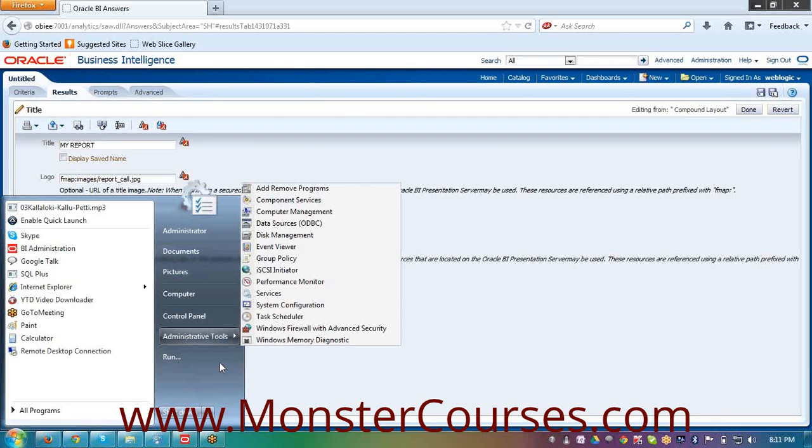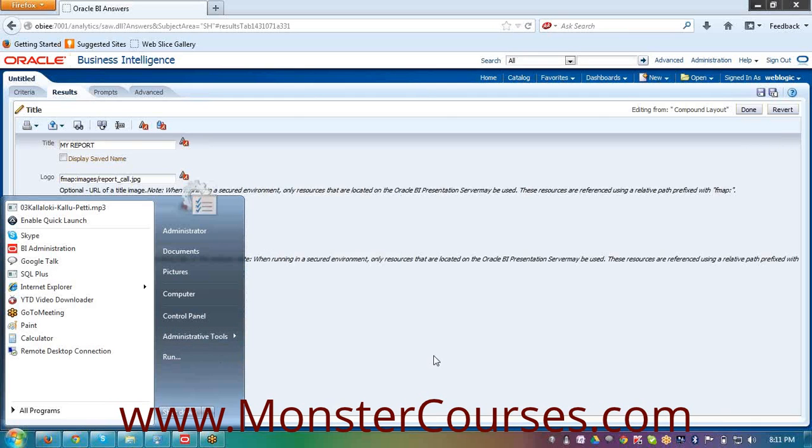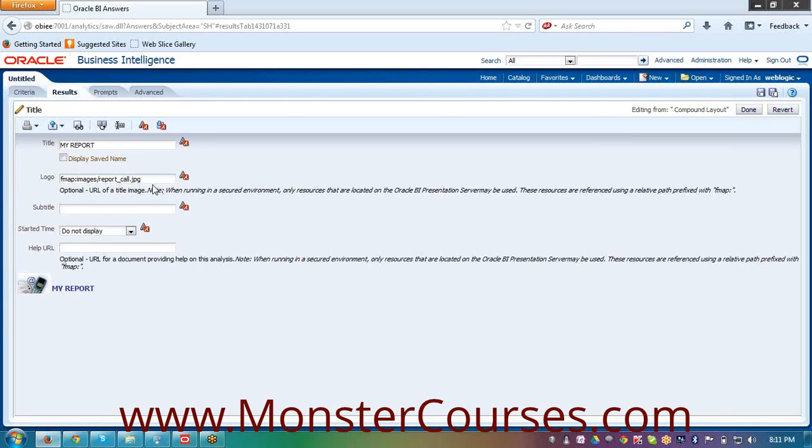I don't have a search mechanism here. No problem. You can search for your images folder, and whatever icons or images you want to place, you should place in that images folder only. You will find these images folders in two locations.